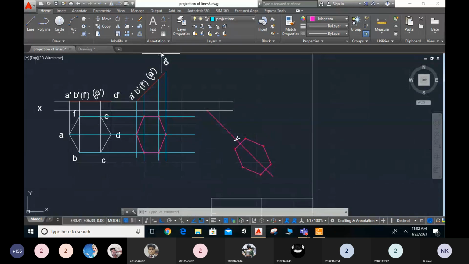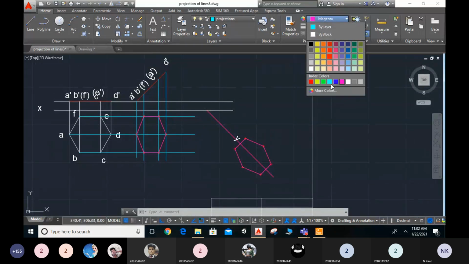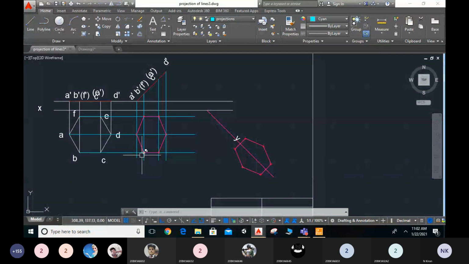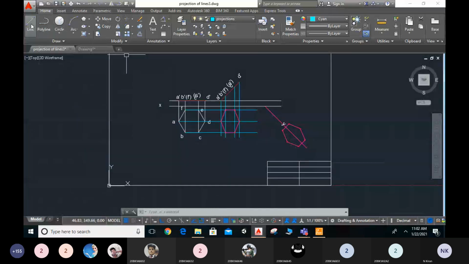Now I will select some cyan lines and I will project every point. See, here you can see A and this is the A point. Is it right? So if you observe here, which is the A point, it has rotated exactly like this, whatever the area is there. That means this A point is here. Now, with the help of lines, I will project this point, which is inclined to both the planes.